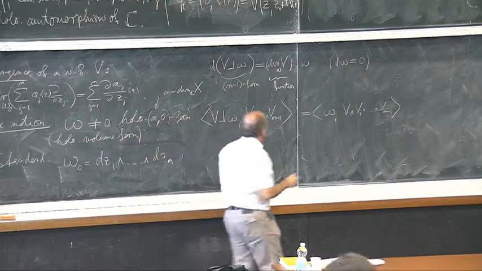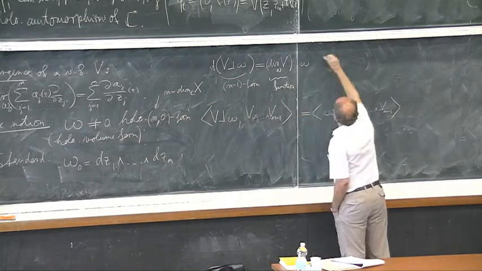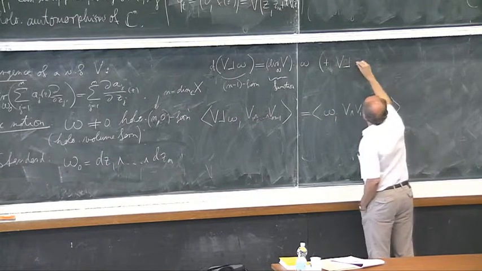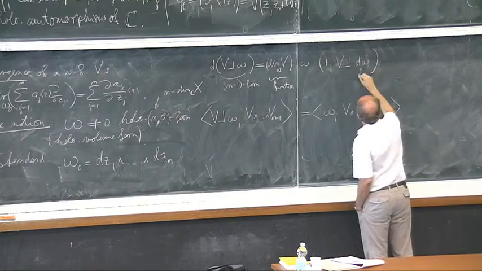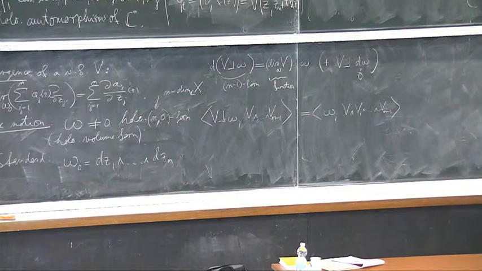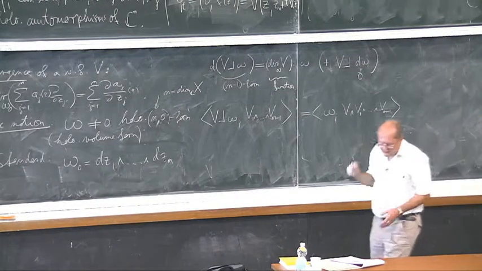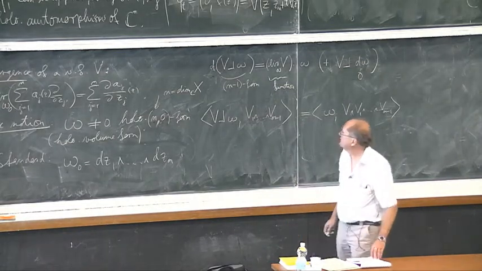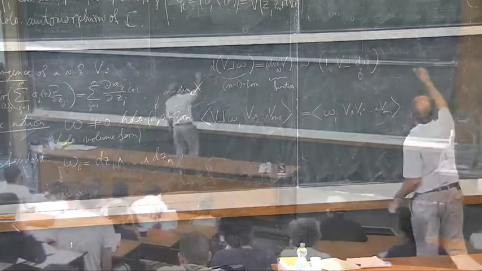Otherwise, you have an extra term. The extra term would be plus v inner product with the differential of omega, but this is 0. So this is the full Cartan formula. OK, now we don't really have to know all this. We just need to have this notion of divergence. We can observe that if v